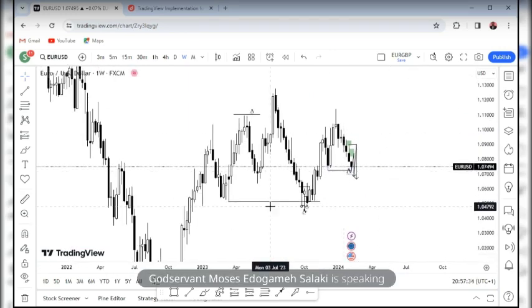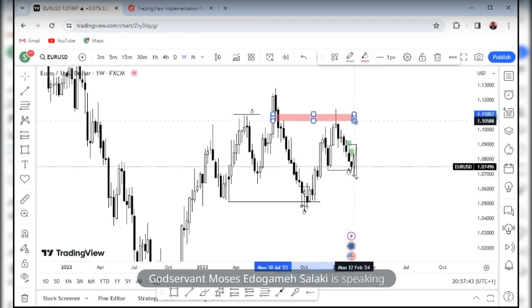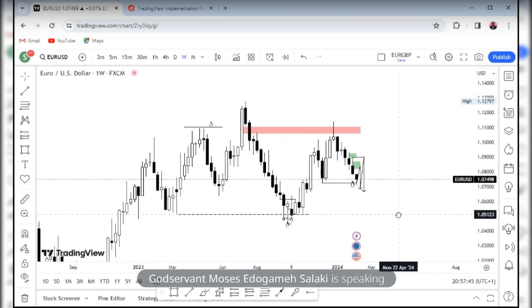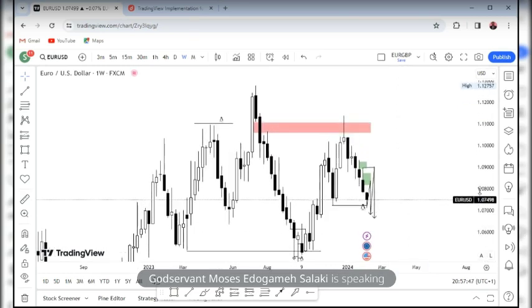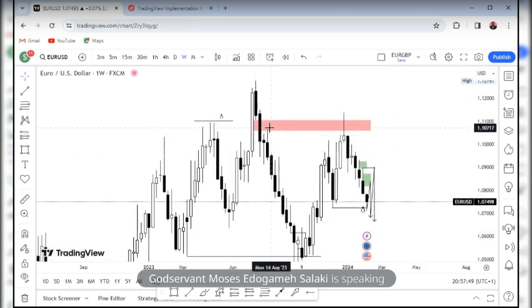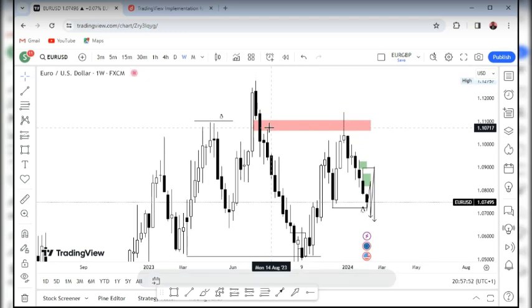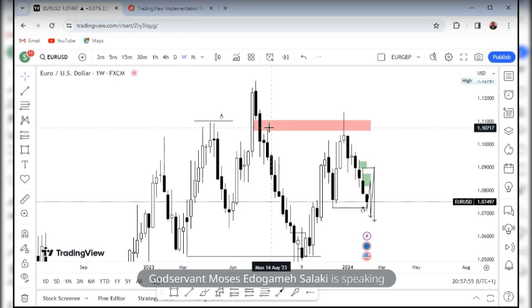So when price broke, you expect price to come back. When price came back, you can see how clearly price came into a fair value gap. Price came into this fair value gap. Remember I said that price can either come to an order block or price can come to a fair value gap. I said that earlier, all right?